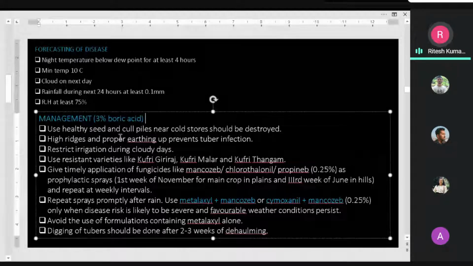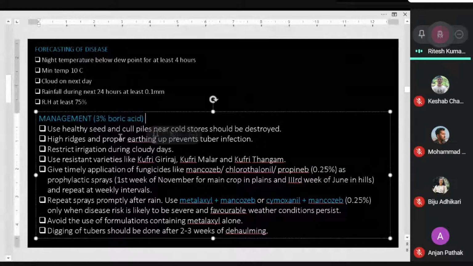So prophylactic spray is very important if the weather conditions are conducive, or likely to favor the disease development. So one should go with prophylactic spray. And so generally, in our case,